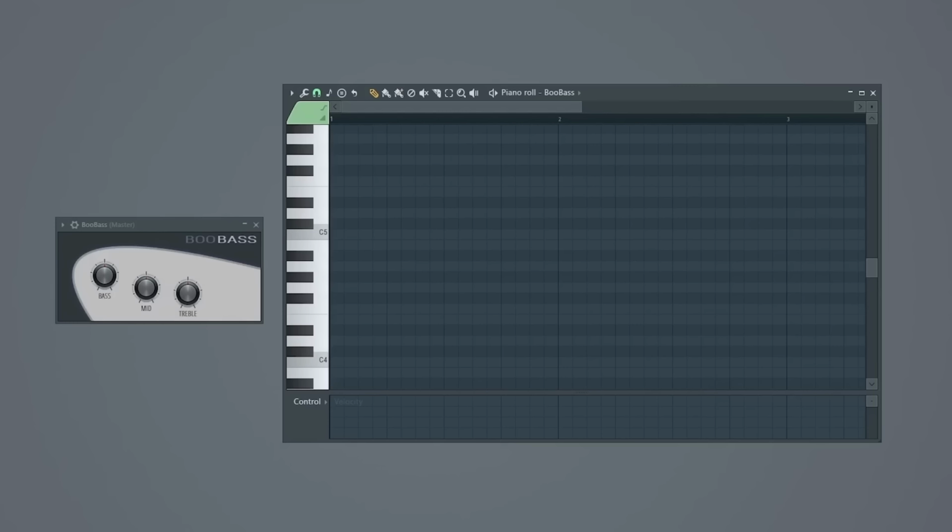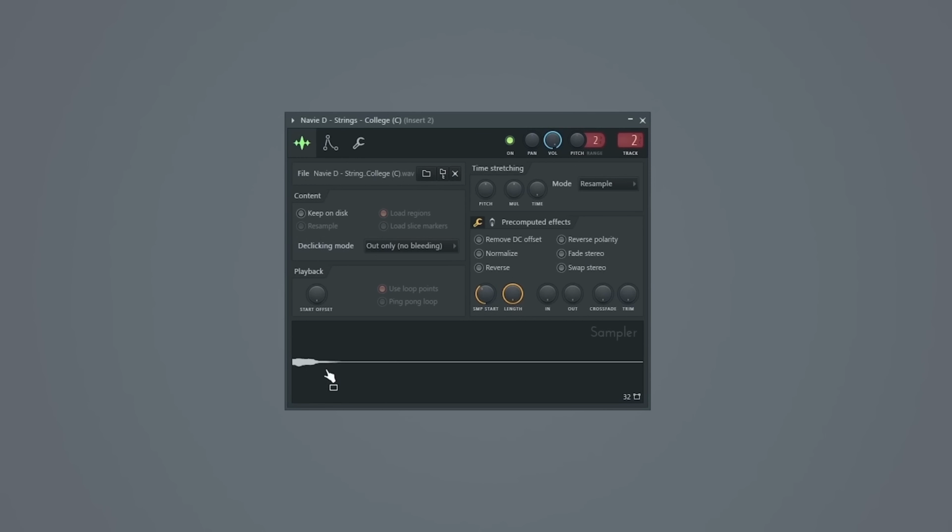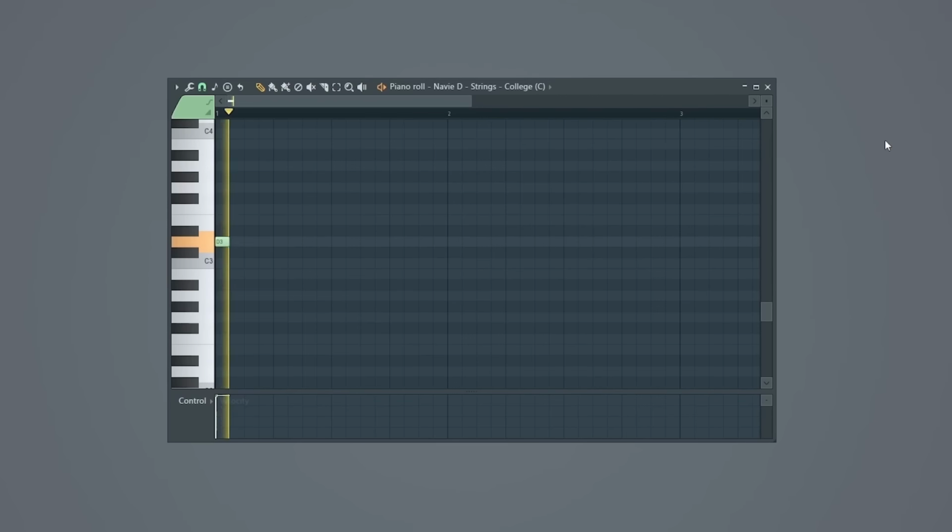Next, let's think about filling the low end. Here, I'm going to do something that's a little bit more unique. Again, instead of just grabbing a simple bass note like this, I'm gonna see if I can come up with something that's a bit different. Now, one of my favorite things to do in this kind of situation is to grab a sound or a sample that isn't traditionally meant to be used to fill up the low end or as a bass for your beat, and I'll just play that at a much lower octave to just see how it sounds. So here, I'm gonna grab this string sample of mine, and I'll play this guy down a few octaves.